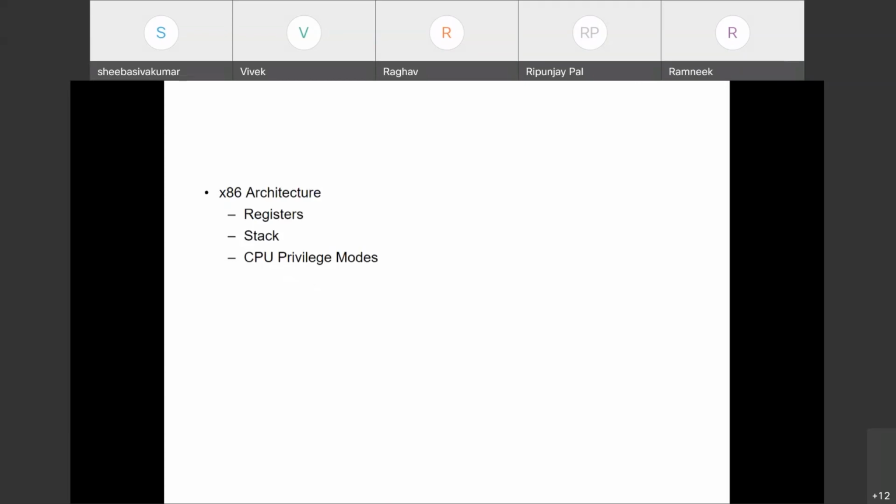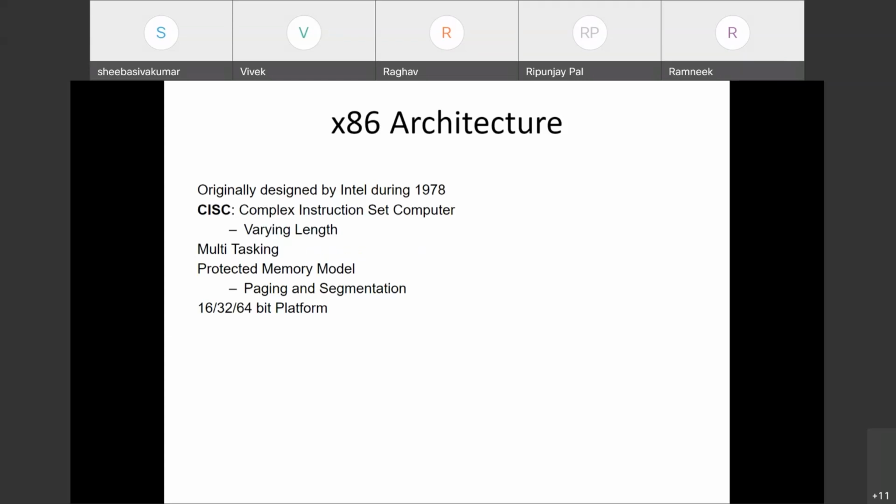This architecture has three components: registers, stack, and CPU privilege models. The x86 architecture was originally designed by Intel in 1978. It's a CISC, complex instruction set computer.